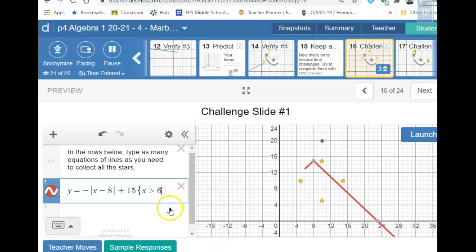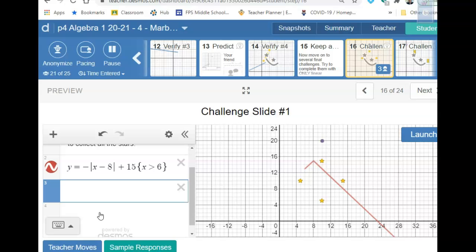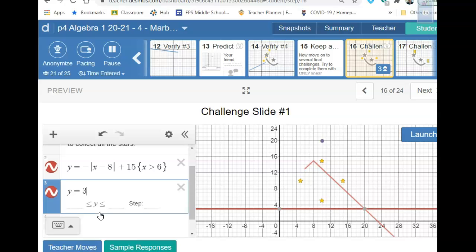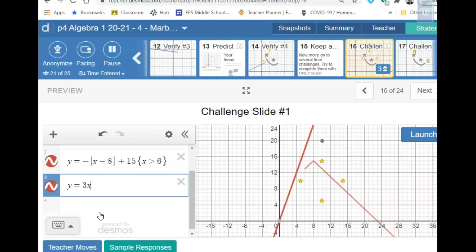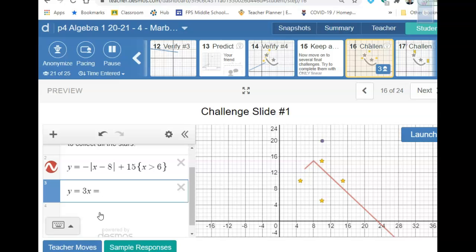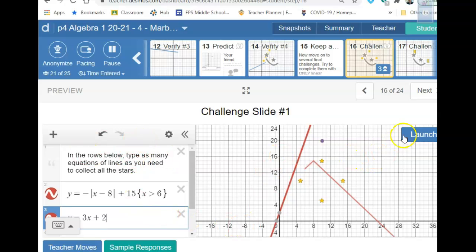You might have many different equations. So when you get to the challenges, do you have to use absolute value? Nope. Someone else could have used slope-intercept. y equals 3x plus 2. Right? So, oh, that didn't happen. But you can write many different equations. And again, you're going to try and get that to cancel out. So that's what you're kind of working